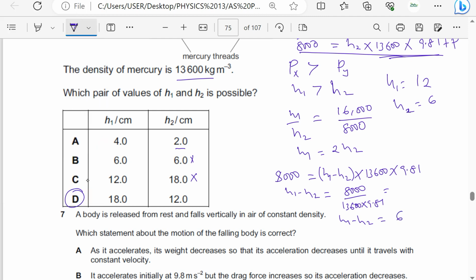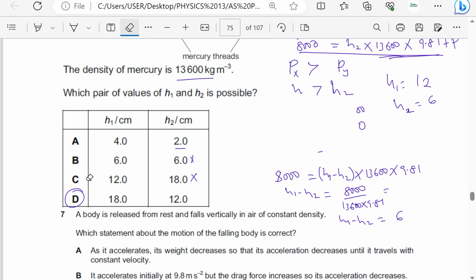But H1 is greater than H2. Like I said, H1 is greater than H2. Let me just leave out this part here of twice. Being twice, I will not divide. I will subtract the two equations because I had forgotten the other part of P. So H1 minus H2 is equal to 6. But you notice that H1 is equal to 6 plus H2, meaning H1 is greater. So the answer is automatically D. The difference is 6, but H1 is greater because it's 6 plus H2, so the answer is going to be